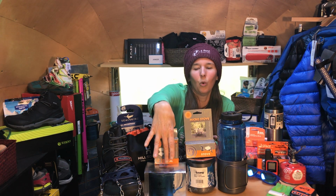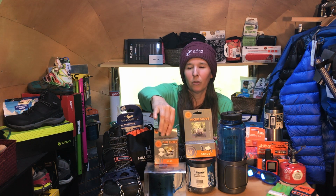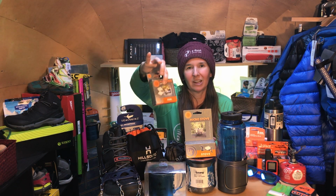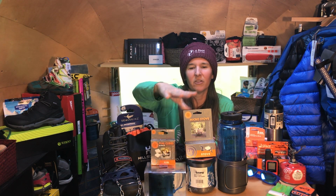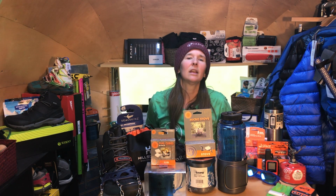So it'll heat one of these with about 1/4 to a 1/2 of the cube, depending on how cold the water is. This whole thing has 8 cubes. So 8 cubes are going to last you a really long time. It's only $3. It's very inexpensive. But the combination right here of just these things is